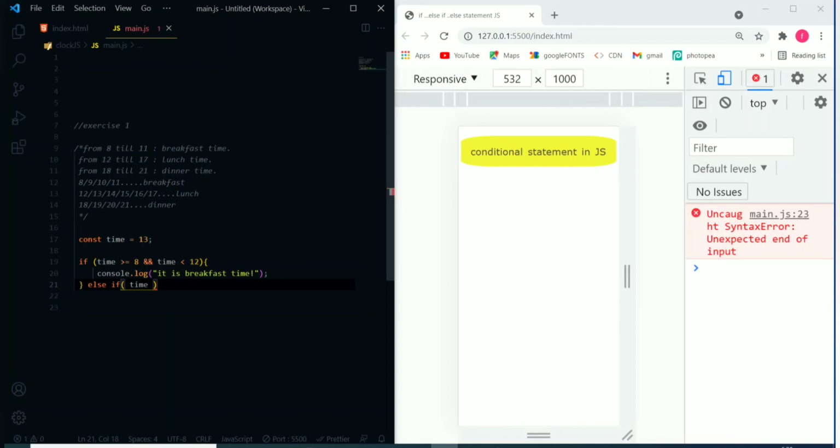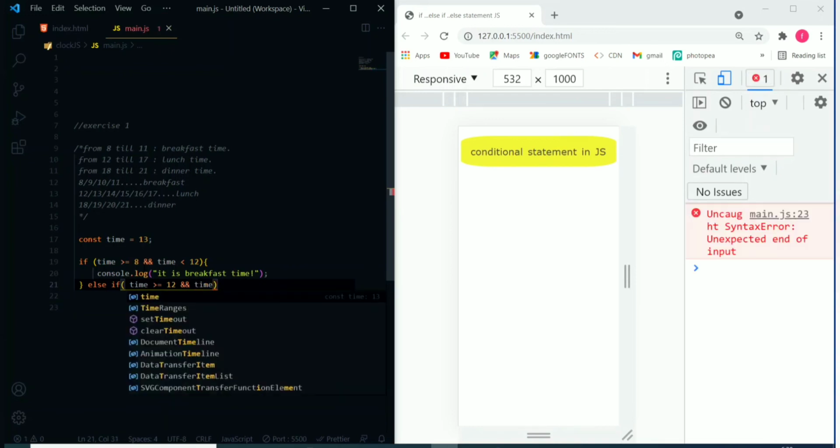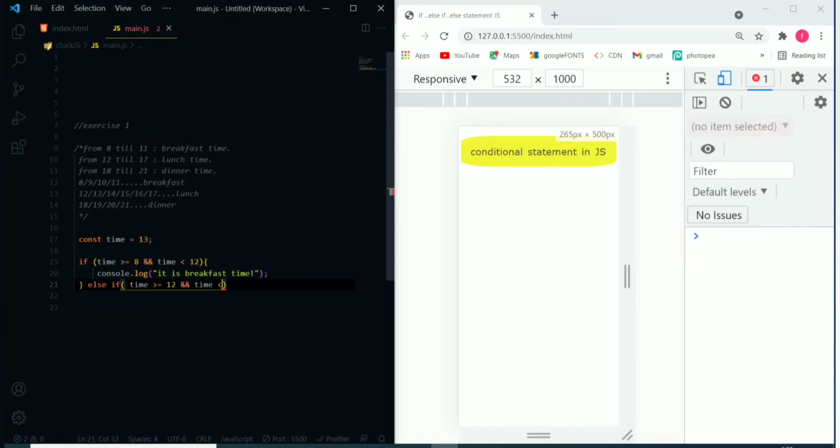So, equal then, and I don't want it to be more than 17, okay? Time smaller than